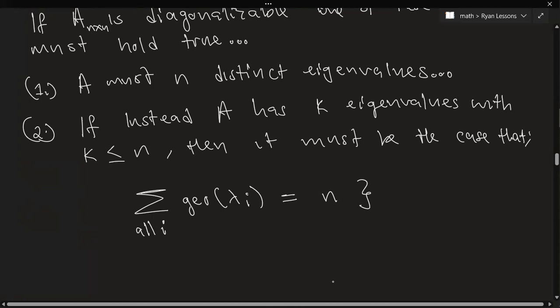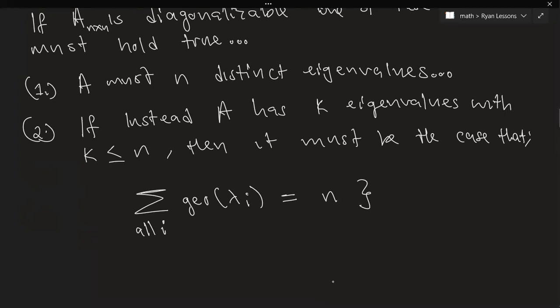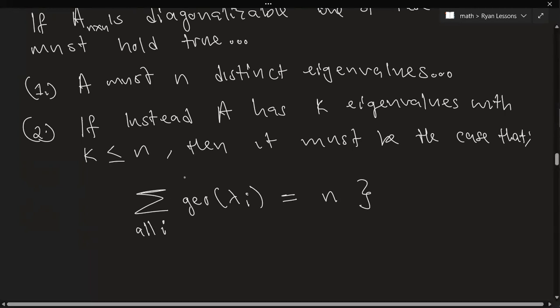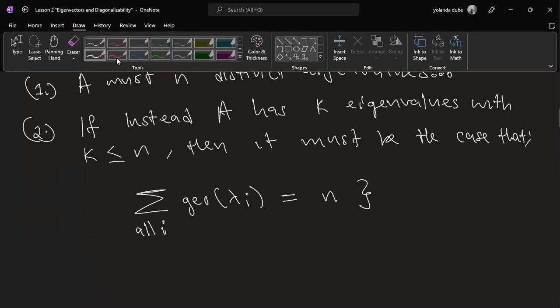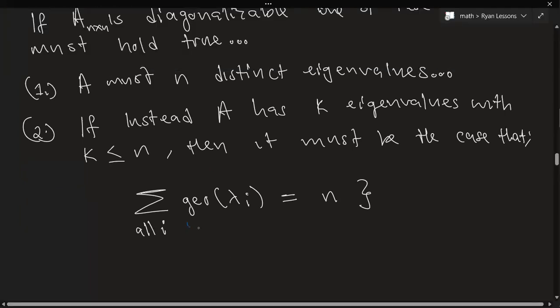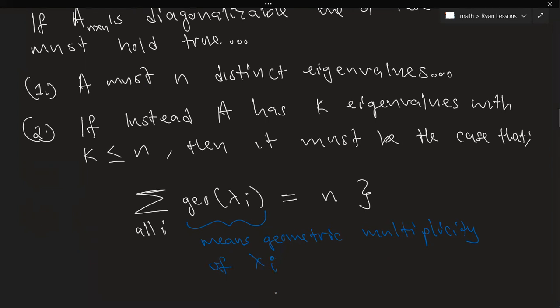So what does this mean? What these things mean is simply the geometric multiplicity of lambda I. So this thing stands for the geometric multiplicity of lambda I. So what this result is telling us is that